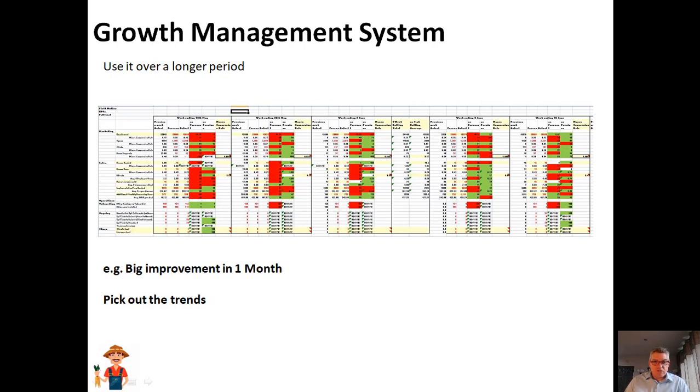And you can see by putting those colors in, it does a number of things for me. The first thing is that I get a splash page where I can pick out the trends. So I can see that in the very left-hand one, there's a lot of red, and then it turns to a green. And if you think back to the very first exercise that we did, we were looking at the flash to bang time, how long it took for a customer to move through certain stages of the customer journey. Remember, it ended up at 28 weeks, and the client originally thought it was going to be about 12 weeks. Well, if you understand that, you can then begin to see that if I have red in week 1